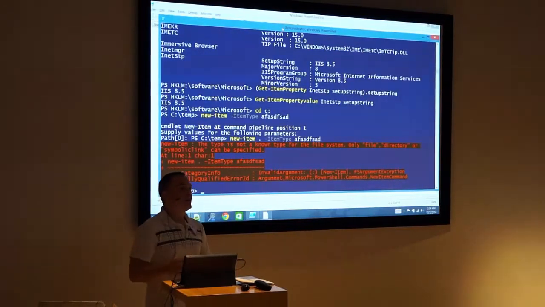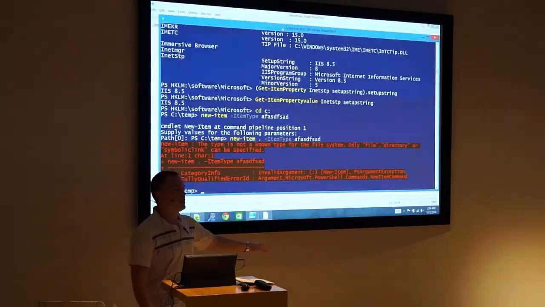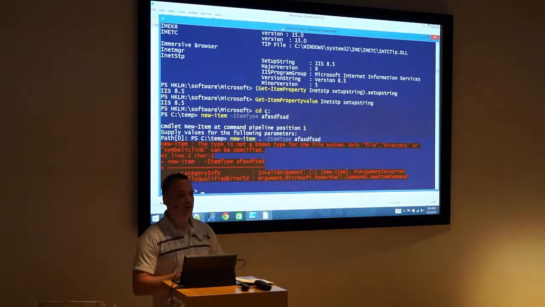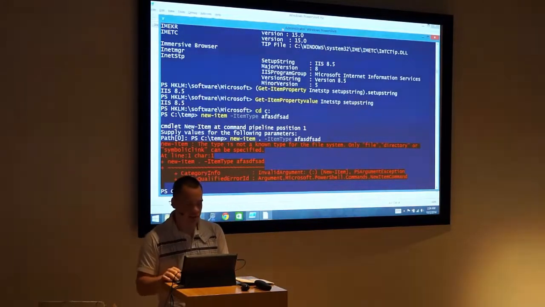So that's the big one. We've also made a huge improvement in debugging. Huge. If you've used debugging in the past in the ISE,